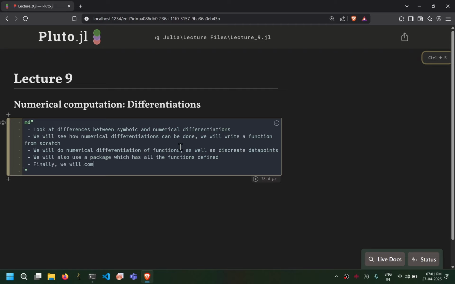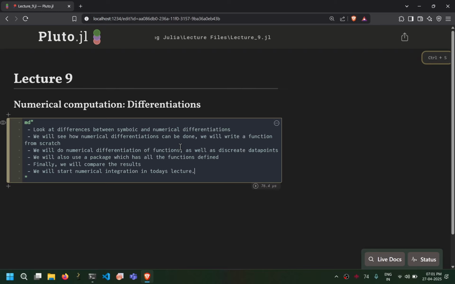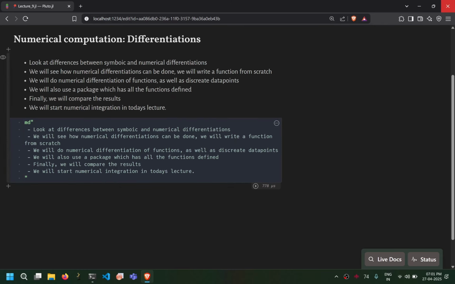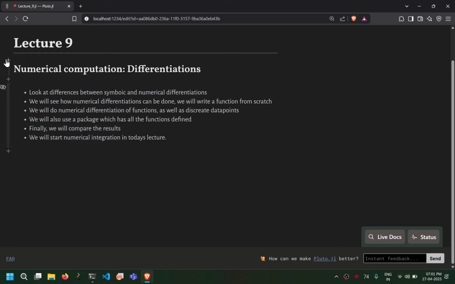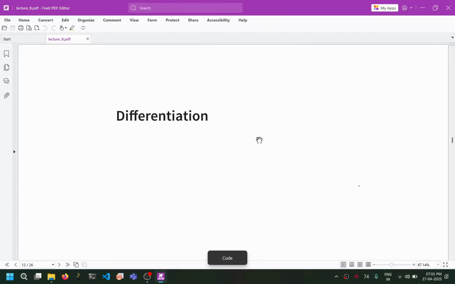Finally, we will compare the results. And if time permits, we will start numerical integration in today's lecture. If we do not have time, then we'll tackle all about integrations and ODE solving next video. Okay. So this is our goal for today's lecture, and let us visit the presentation that I showed you earlier in the